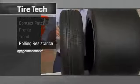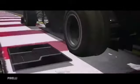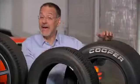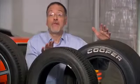The last thing I want to bring to your attention is rolling resistance. What it takes for this tire to roll down the road varies dramatically by its design. The really grippy, wide, sticky tire is going to be great at cornering, accelerating, and braking, but perhaps require more energy just to keep the car moving at a set speed, let alone to accelerate it. And that's not a good guy in an era when automakers are looking everywhere to save even a few drops